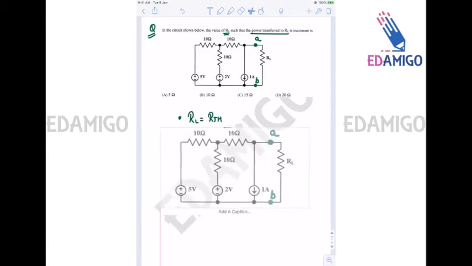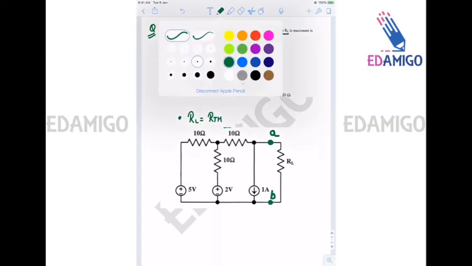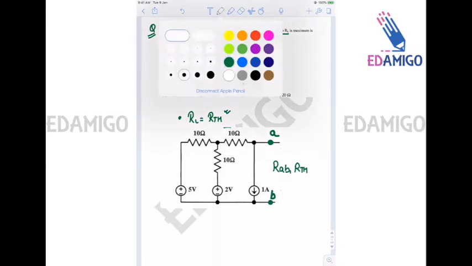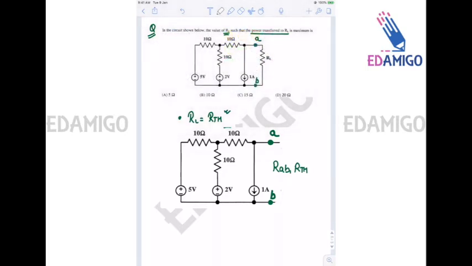To find out RTH, we will first of all remove this resistance RL from the figure, and then we will calculate RAB or RTH. Then the value of RL should be equal to RTH for maximum power transfer. Now we also know that to find out RTH,